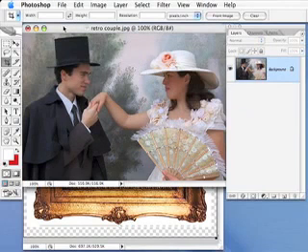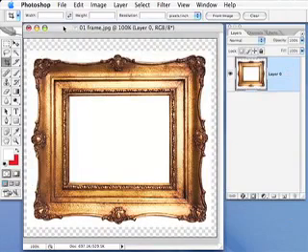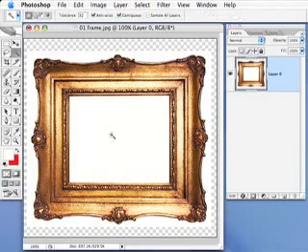I'm going to select all by pressing Command A on the Mac or Control A on the PC. I'm going to copy it, Command C on the Mac or Control C on the PC, and I'm going to double click the top of this window to get rid of it because now I don't need that photo anymore since it's on the clipboard. Hop back into the picture frame document, and what I need to do here is select the inner bit of the frame. Now since it's white, I'm going to reach for the magic wand because that is the perfect tool for selecting by color. Select the magic wand by pressing W,